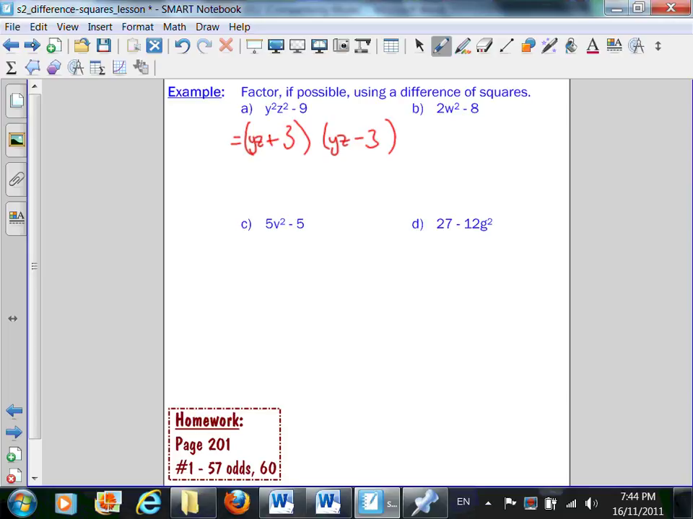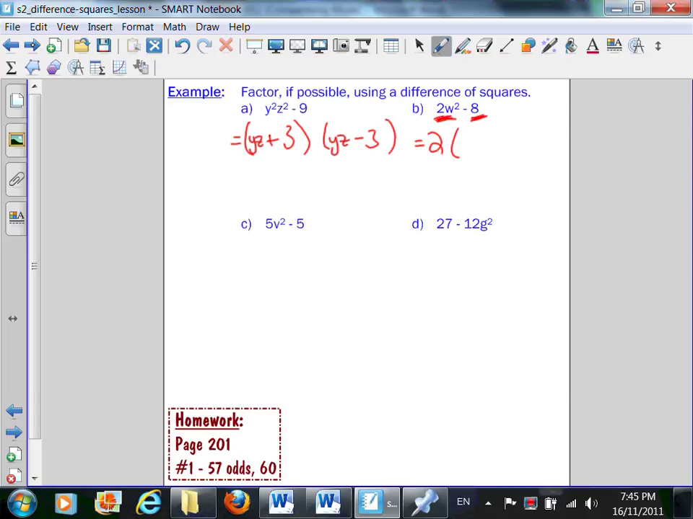Question B is a little bit spicier. We can't take the square root of 2 or 8. So what do we do? Well, we take a look at what we did yesterday. Yesterday, we talked about taking out common factors. That's exactly what we have to do here. We look at the first term, 2w squared, and the second term, 8, and ask ourselves, is there a number we can take out as a common factor? And there is. It's 2. So, take out a common factor of 2,